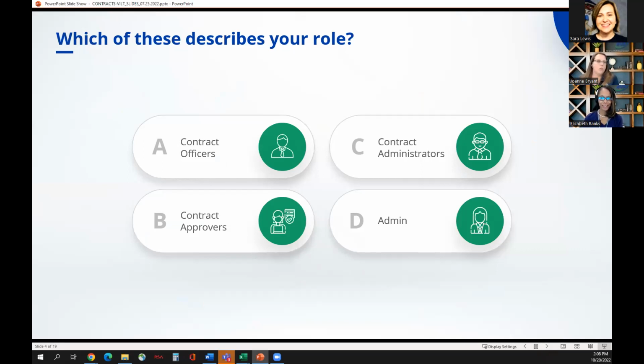All right, we are going to start off today with a poll question. The first question is, which of these describes your role in EVA? You're able to pick multiple selections if you serve in more than one role. We'll give you about 30 seconds to respond, and it helps us know who our audience is today. However, if everybody can go ahead and answer and we get 100%, we can roll right on.